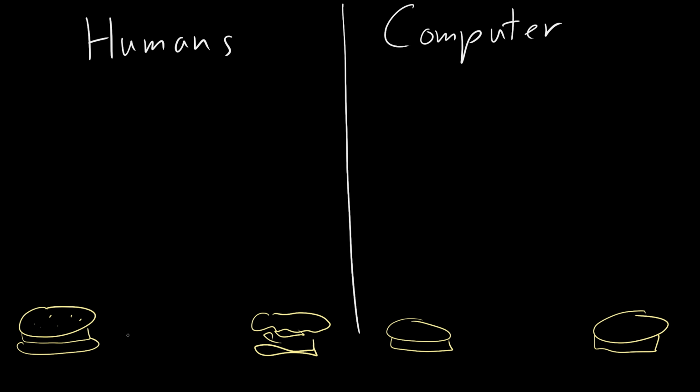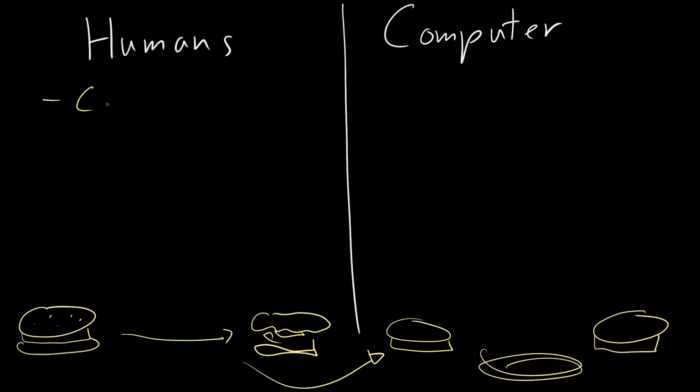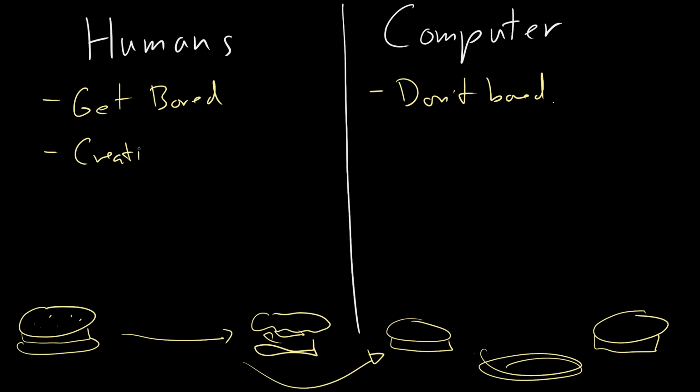We are delegating the boring task to the computer so that it can keep doing it. So as you can see, we already know that humans get bored, and computers don't get bored. So that's one advantage of computers, right? But humans, they're very creative, right? You know, us humans, if you ask us to pick a gift for your mother, we can come up with a few things because we understand context, we have experience, and we can make a really good gift.